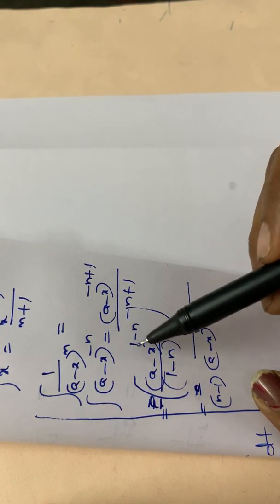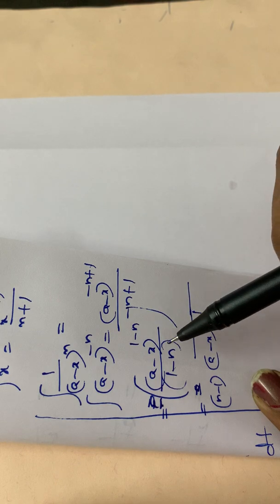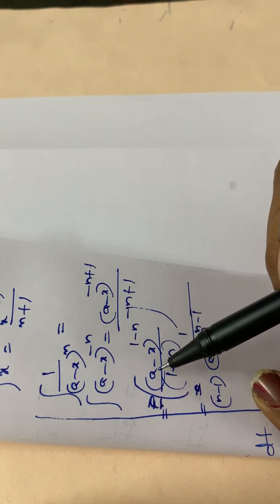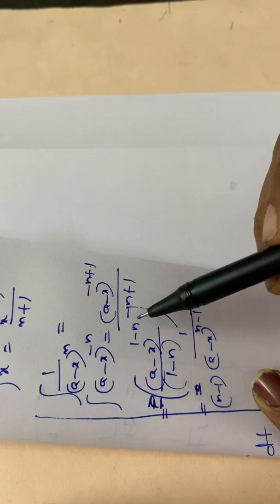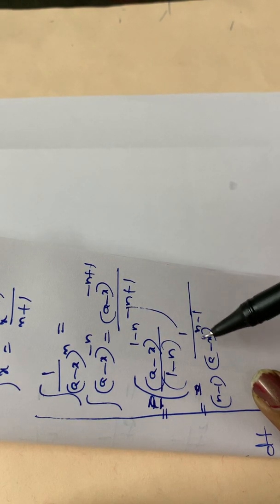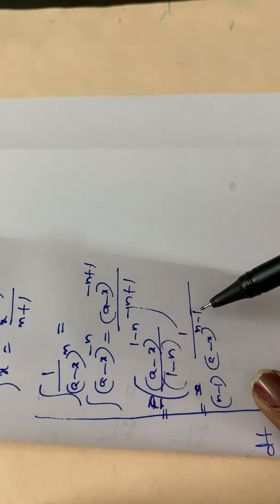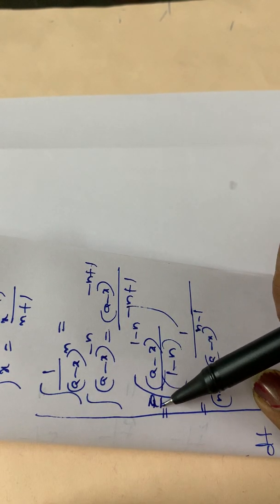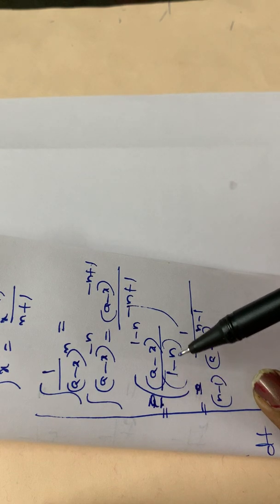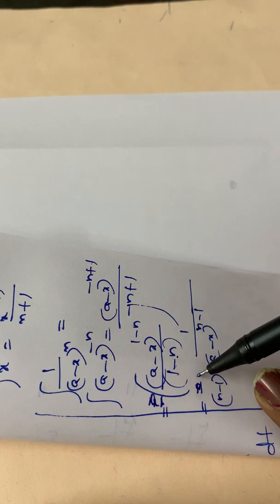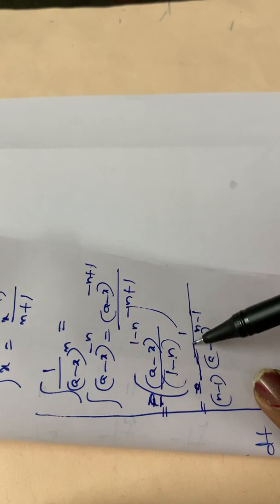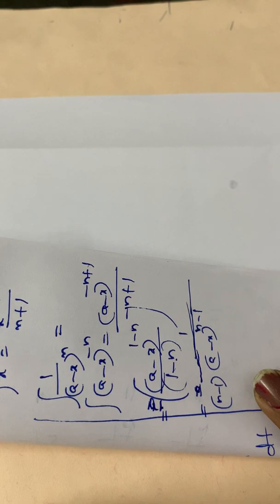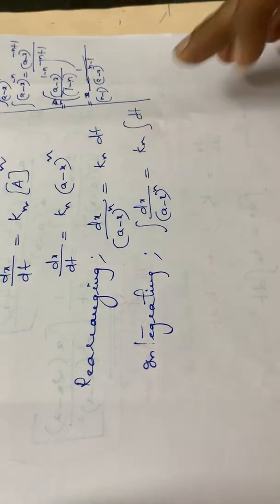Then you have to take this term in the denominator. So while coming to the denominator, what happens? It becomes (a minus x) raised to minus of 1 minus n. That means it will be 1 by (a minus x) raised to n minus 1. Okay, then minus of 1 minus n: while multiplying this minus term inside the brackets, what happens? Minus 1 then plus n, that means n minus 1. So the answer is 1 by n minus 1 into (a minus x) the whole raised to n minus 1. Okay, then you have to substitute this particular value.